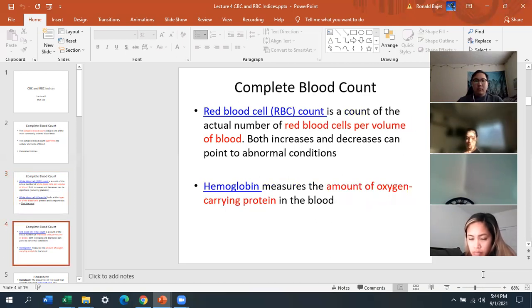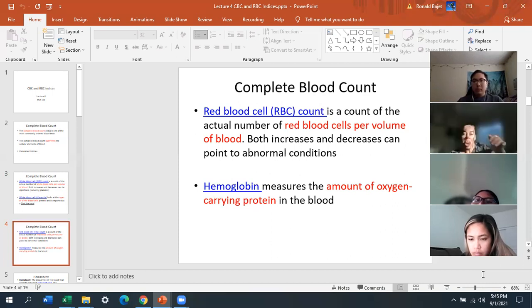The RBC count, okay, is a count of the actual number of red blood cells per volume of blood. Both increases and decreases can point to abnormal conditions. So in the last lecture, I talked about low RBC counts, and you don't call it erythropenia. I don't think that's even a real term. When you have low RBC parameters, which are the RBCs, hemoglobin, and hematocrit, and also your RBC indices, it's not erythropenia. It's called anemia. Okay, the simple term is just anemia. Now you can have